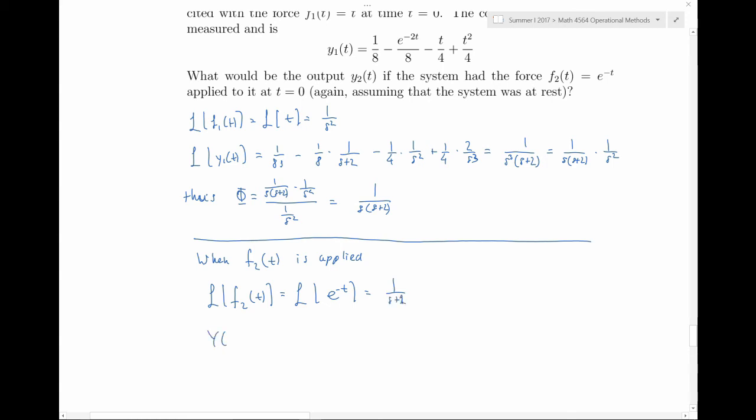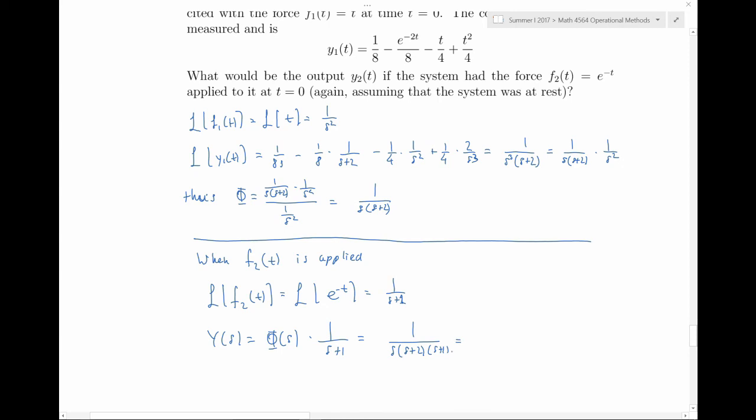Therefore, y of s will be the system transfer function times 1 over s plus 1. Therefore, it is 1 over s times s plus 2 times s plus 1,